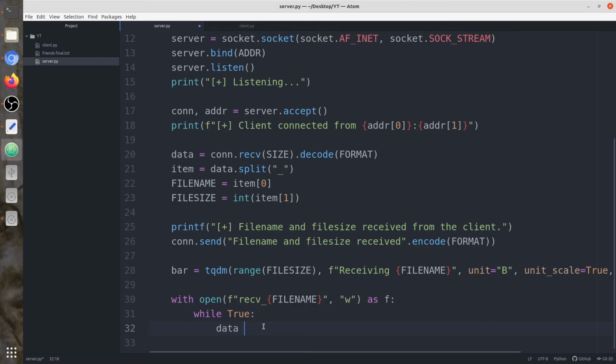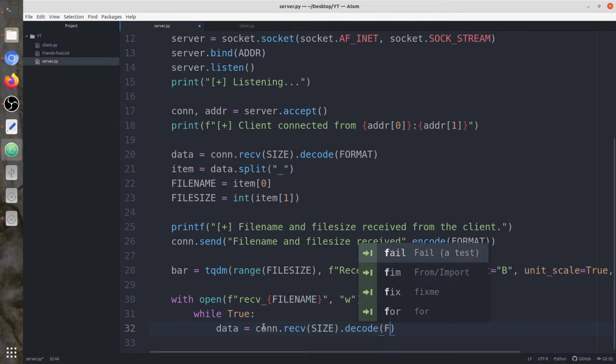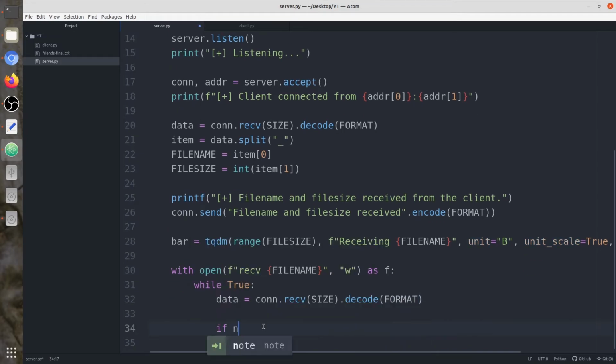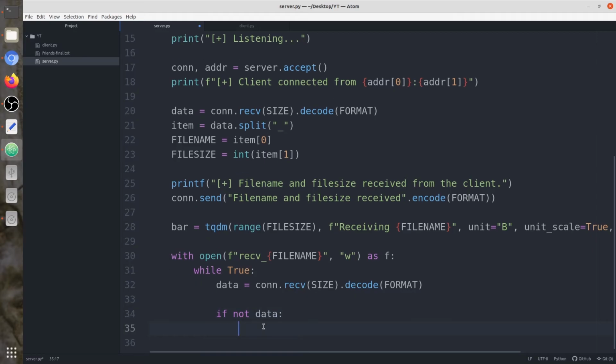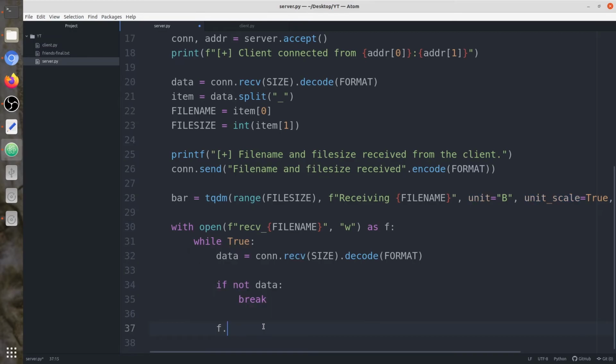So we're going to say data equals connection.receive size, and we're going to decode it with format. Now again, if not data, if data is empty, is none, we're going to say break. Then f.write.